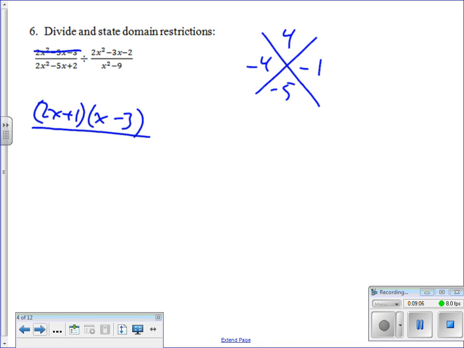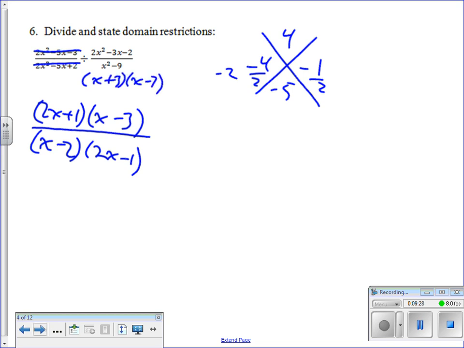And what do I need to do? I need to divide those both by 2. So I get -1/2, and this one becomes -2. So I get x minus 2, 2x minus 1. And that takes care of that. This one is x plus 3, x minus 3,